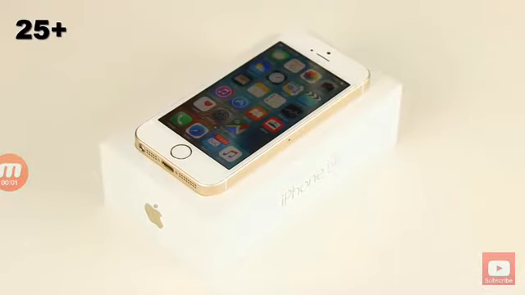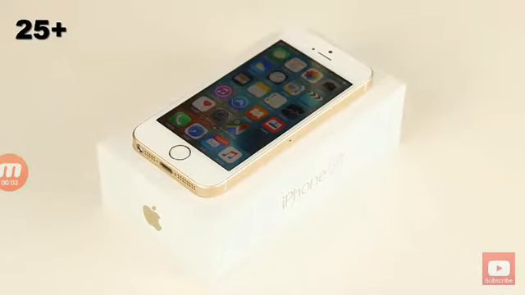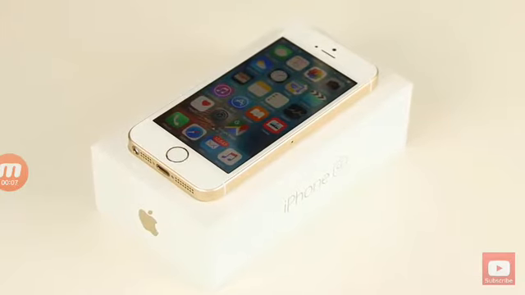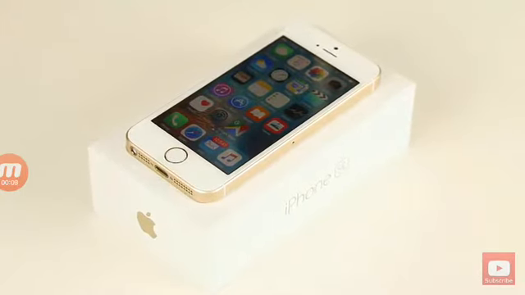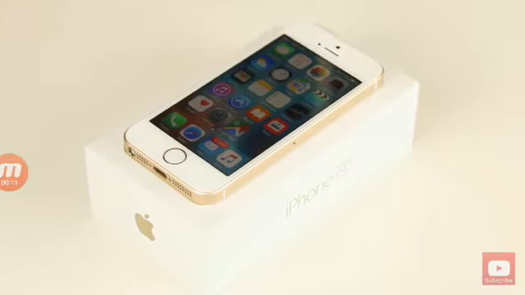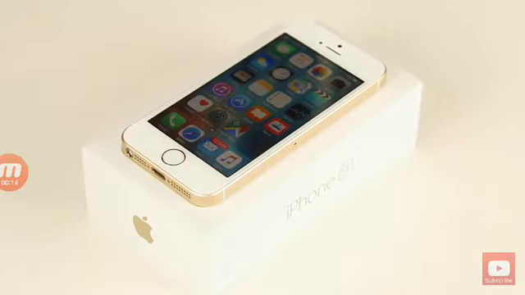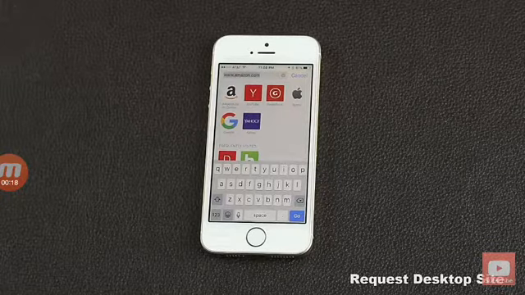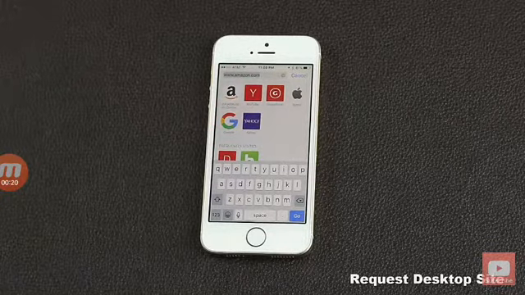Guys, tips, tricks, and hidden features for the iPhone SE. These fantastic tips will surely enhance your use of your new iPhone SE and will even benefit other iPhone owners. So grab your iPhone and follow along as I share some incredible tactics for your iPhone. Let's dive in. So if you launch Safari and you type in an address into the address bar and you